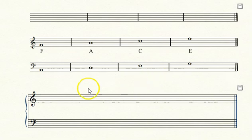But let's name our notes. So, if you remember, we can use our sentence, all cows eat grass, to help us identify the bass clef spaces. So we have A, C, E,